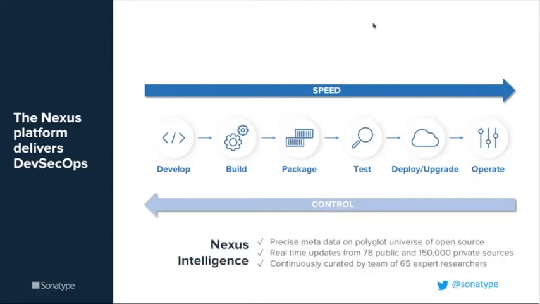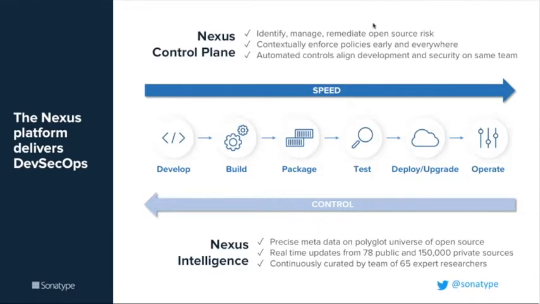With Nexus Intelligence, we're able to provide you precise metadata on the polyglot universe of open source components. In addition, real-time updates from 78 public and 150,000 private sources, all curated by our team of 65 dedicated security researchers and experts. You can trust your data. In addition,